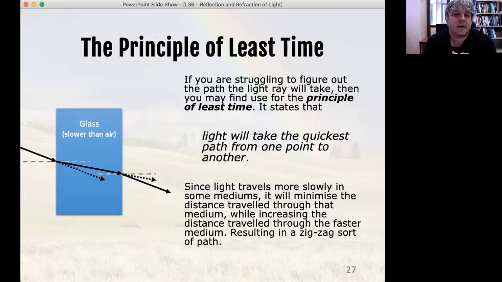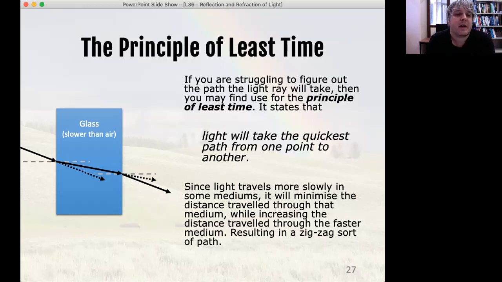There is a principle called the principle of least time, which personally I'm not a huge fan of, but some people do find it's another useful way to think about these sorts of scenarios. Personally, I'm happy just thinking about the idea that the slower light is going to bend towards the normal because we know that the light bends. That's the point of refraction. It bends, any wave bends as it changes speed, and we know slower will bend towards the normal, faster will